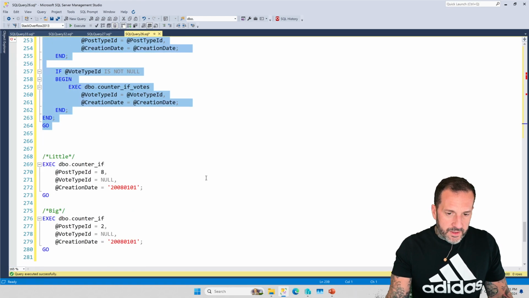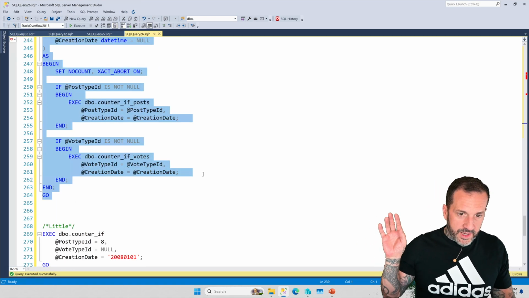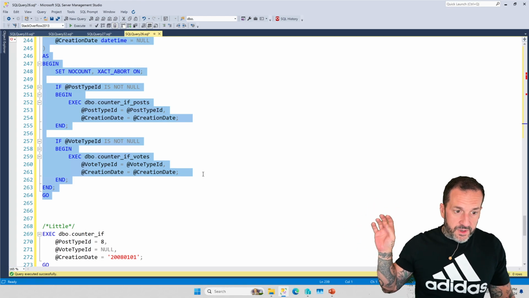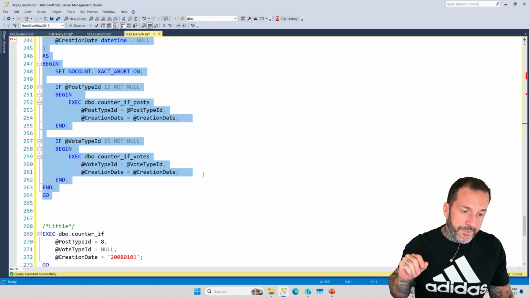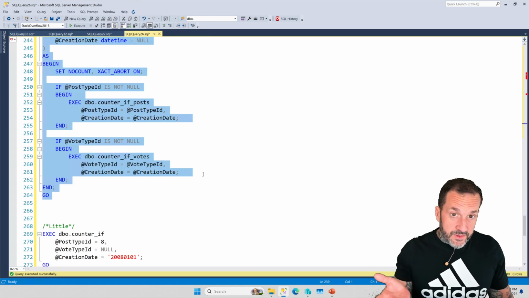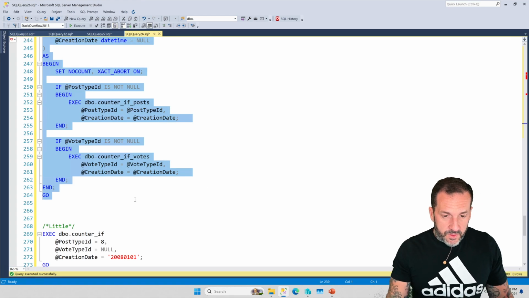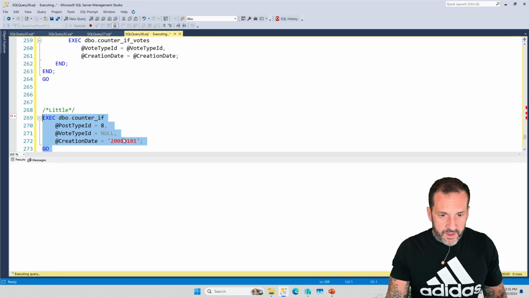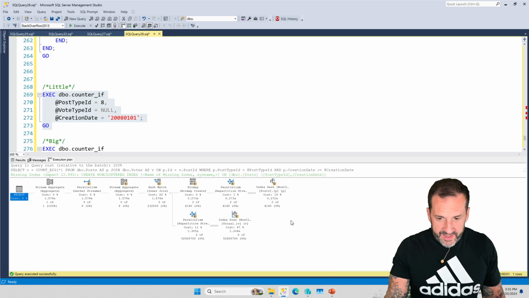So this can be a pretty good way of not compiling a plan for an if branch unless that if branch is explored. SQL Server will not compile a plan for a branch that doesn't do a thing. The problem is that this does introduce parameter sniffing for each of those stored procedures. So if we were to run a little version of the stored procedure, we would explore that if branch and we would do a thing in here.